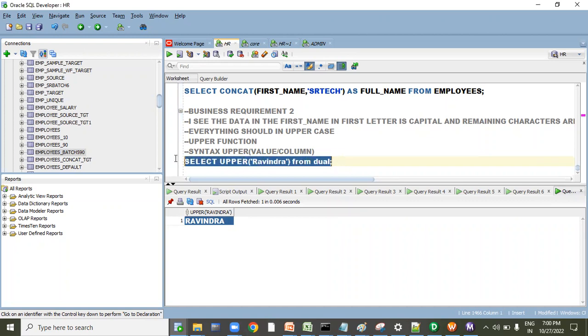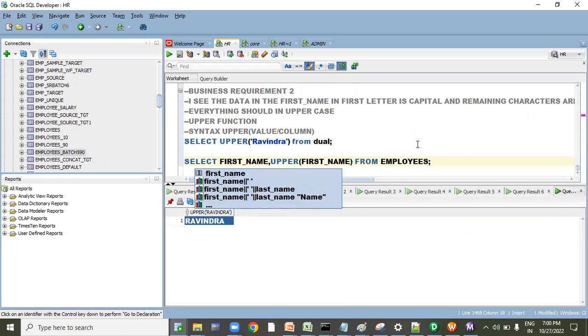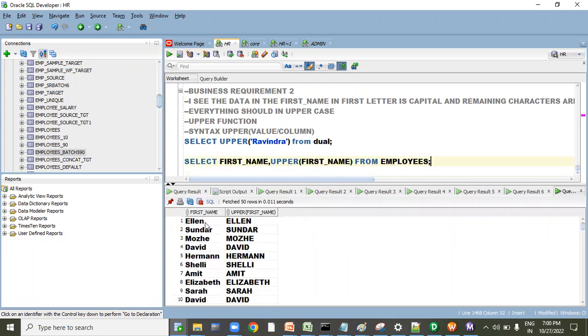Now, one more thing. Can we go to the employees table? Select upper, what is the column name? First name, from employees. Now we are going to apply the same thing. Before applying, how does it look? After applying, how does it look? We'll see. Can you see here before applying this? After applying,